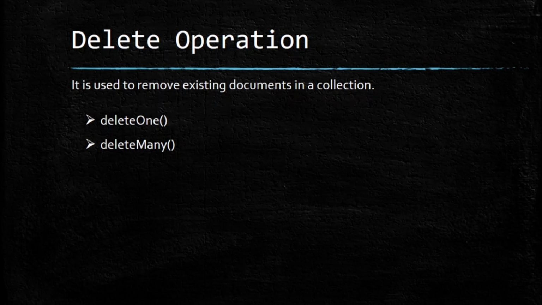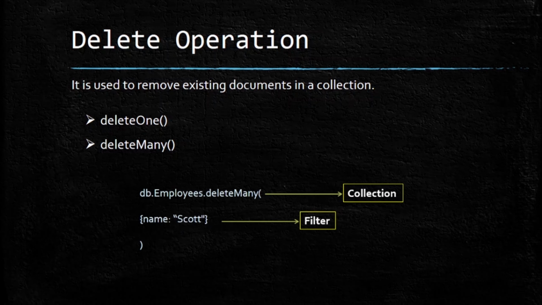The delete operation is used to remove existing documents in a collection. MongoDB provides two methods to do this operation. One is deleteOne and another is deleteMany. The names are very clear to understand. We use deleteOne to delete one document in the collection. On the other hand, deleteMany can be used to delete multiple documents from the collection at a